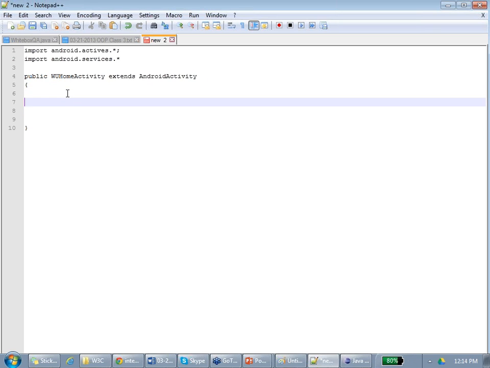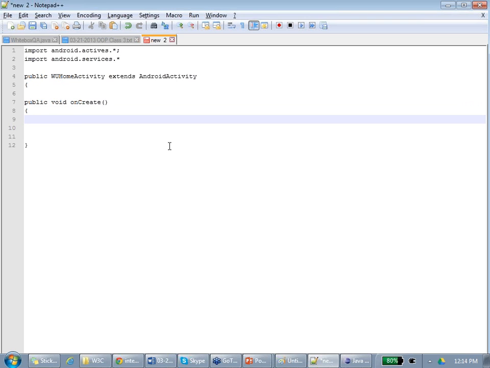In this activity, I will say public void on. This is the life cycle. You have to write the life cycle. Every activity has a life cycle. On create means just when the activity is being created, when you click on an icon, a screen comes up. Even before the screen comes up, the screen needs to be made up with certain things. On create, I will say create a layout equal to new layout. I'm telling it to create a vertical layout. Agreed? So something like that. I will create a layout.